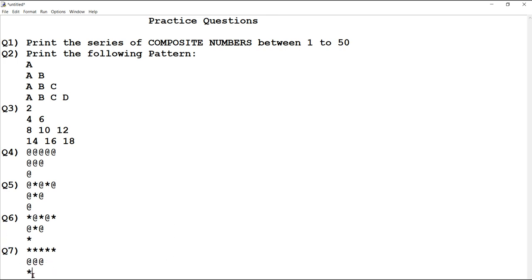Means 1 row of star, 1 row of at the rate, 1 row of star. Once again, alternate, star, at the rate, star, alternate row wise.